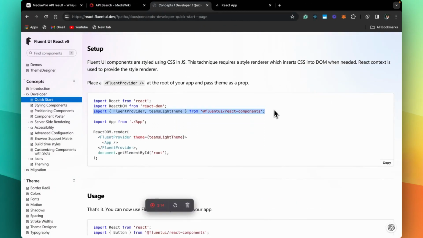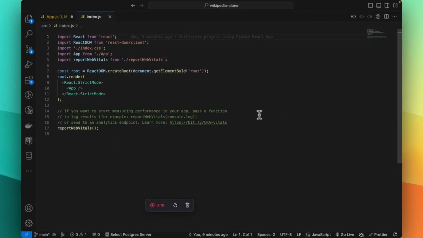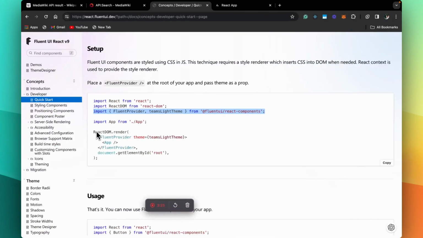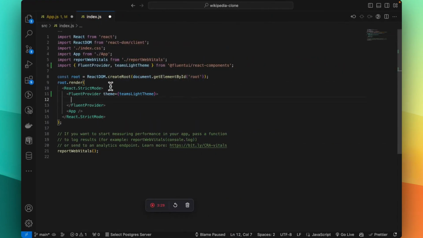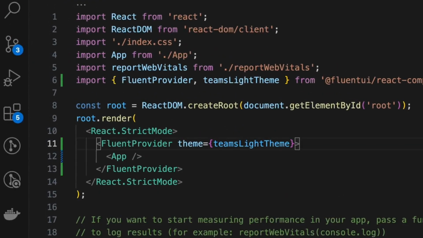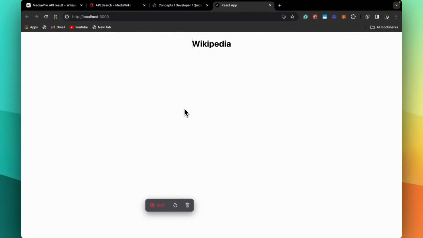Let's copy this import, and go to our index.js, and here we paste the import, and then we copy this code here and paste it here, and we'll bring our app inside of the Fluent provider, right? So we save our app and we come here,